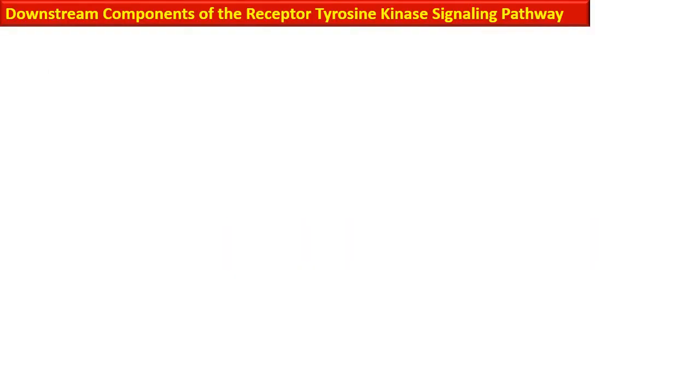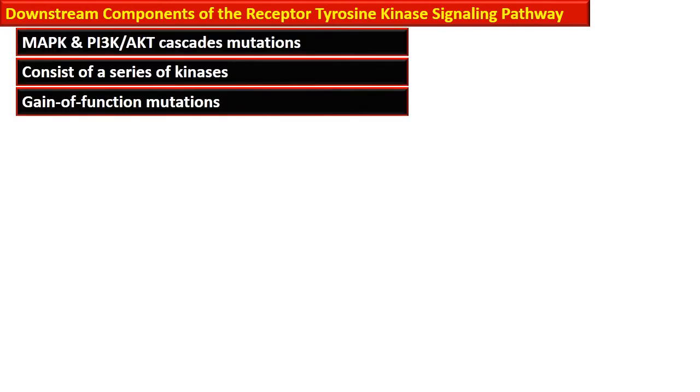The downstream components of the receptor tyrosine kinase signaling pathway are also involved in carcinogenesis or oncogenesis. The MAP kinase or mitogen activated protein kinase and phosphatidyl inositol 3 kinase and AKT cascade mutations are frequently encountered, and there is